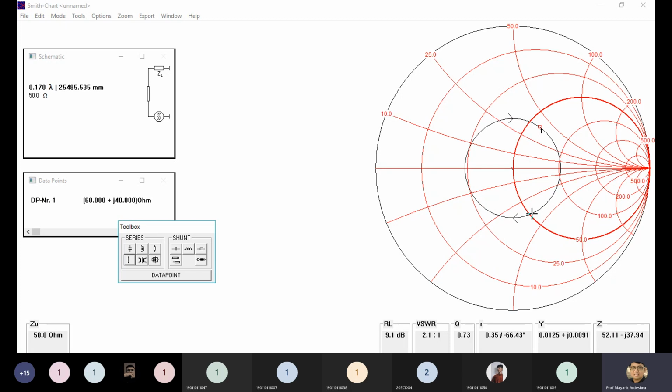So you can see over here there is a circle automatically drawn, which is the constant tau circle. Yes or no? You can see on your Smith chart there is a constant tau circle automatically. Whenever I move this mouse, you can easily find out the length of the wire you have to select such that matching is possible. And on the left-hand side, you can also see the length of the wire in terms of wavelength.